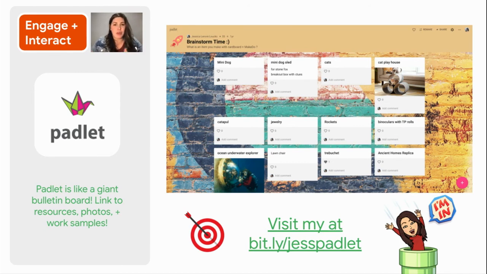One of my favorite ways to interact with an audience is through Padlet. Padlet is like a giant bulletin board. You and your students can basically post a link to something that they found, or resources, or photos and work samples. One thing I would love for you to try right now is to open up a new tab and go to